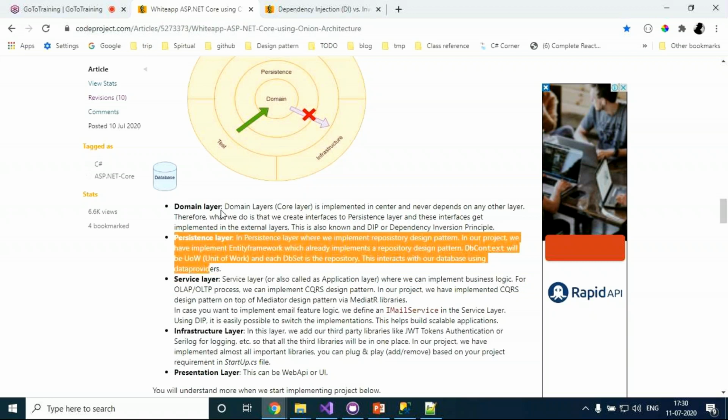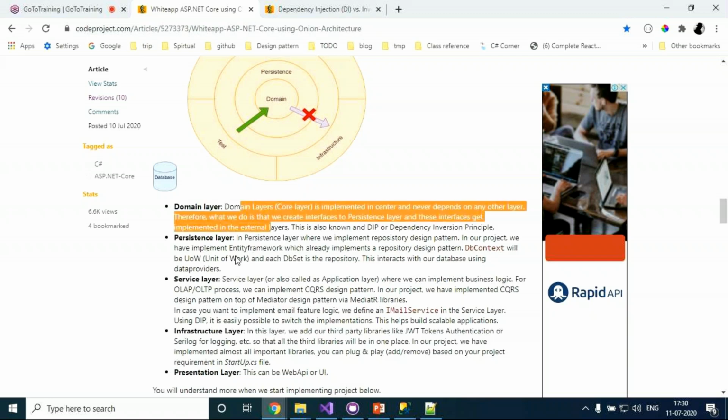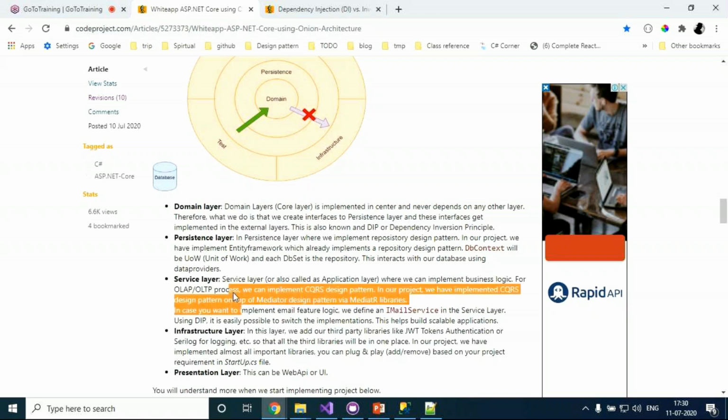Domain. Now tomorrow if any requirement comes, the business says you have to implement something extra for your project, then there is nothing to worry about changing in a lot of places. We just have to change the domain layer, and based on the business layer, if the requirements change slightly, validation and all, the thing is done.